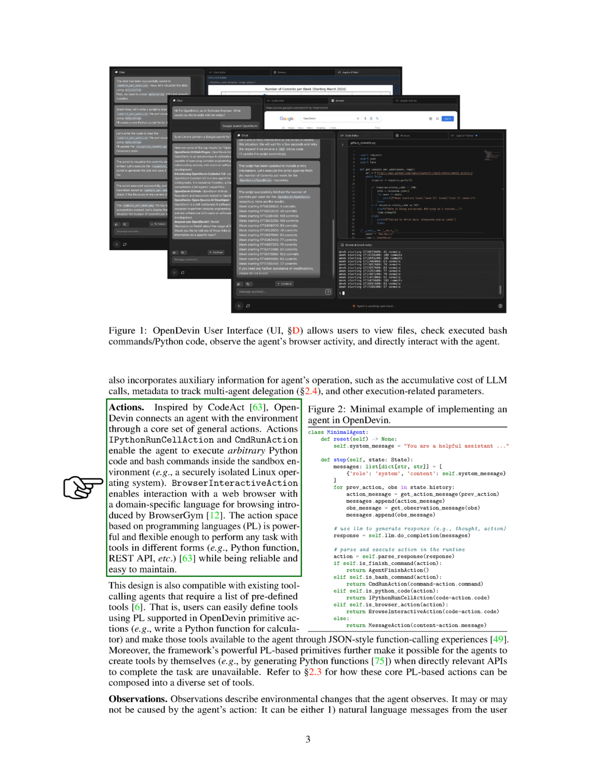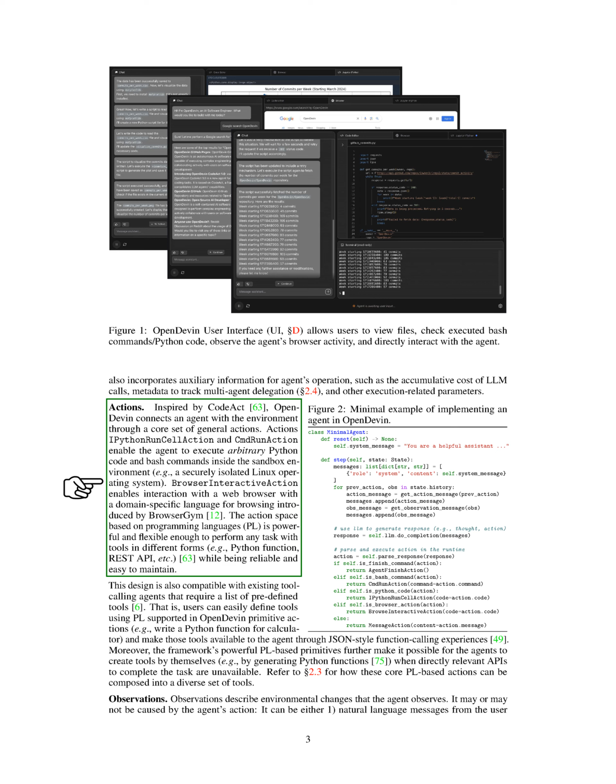Inspired by CodeAct, OpenDevin connects agents to their environments through a core set of general actions. These actions allow the agent to execute Python code and Bash commands in a secure environment. There is also an action for interacting with a web browser using a specialized language for browsing.